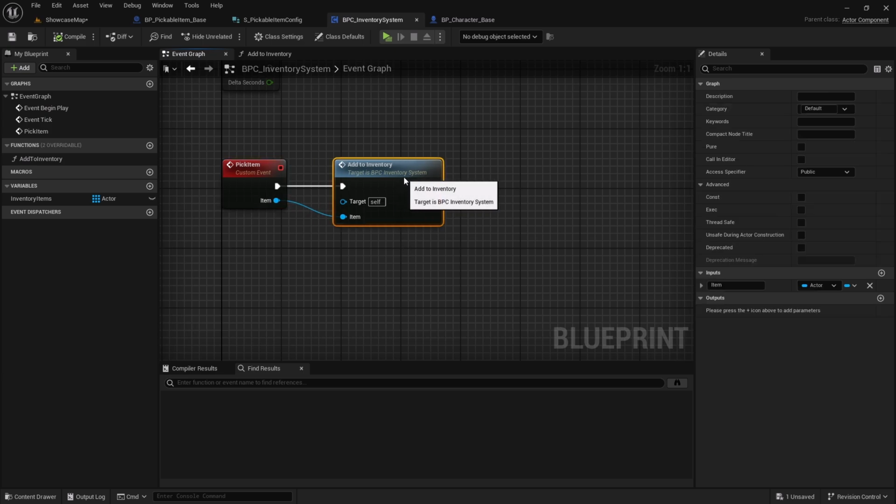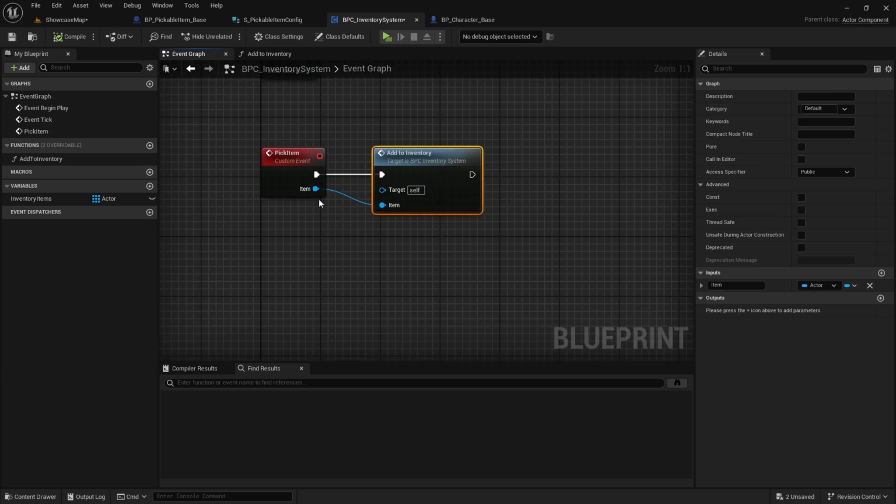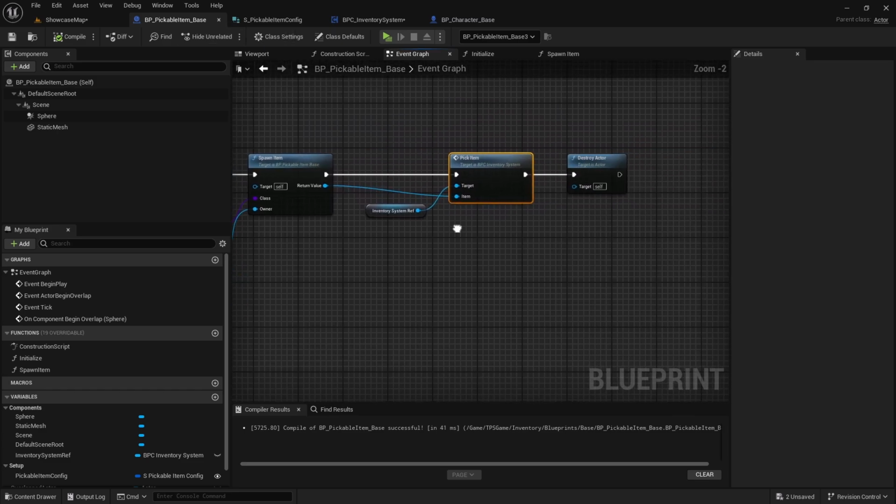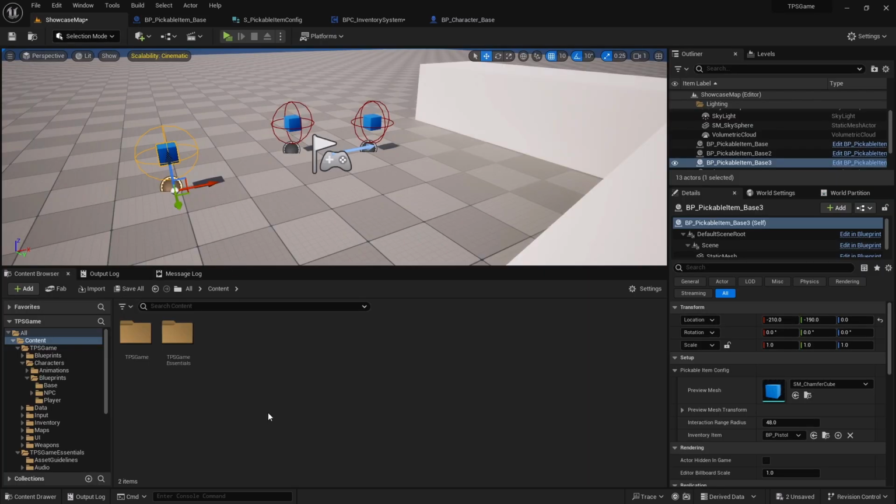Similarly, we can implement an interface function that is called when we pick this item from the ground, right? Okay, so let's create